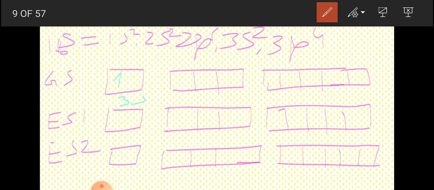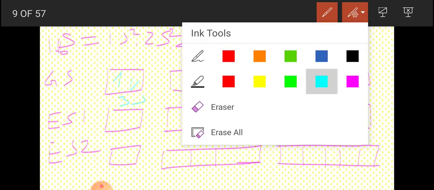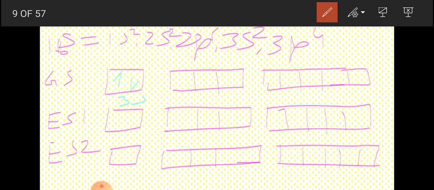in 3s, 2 electrons are there. In 3p, 4 electrons are there. 1, 2, 3. Always remember children, first we will fill electrons singly, then we will start pairing them. So 1, 2, 3 and 4. Okay, this is the electronic condition in ground state of sulfur. You can see here 2 electrons are half filled. So covalency of 2 will be shown here.